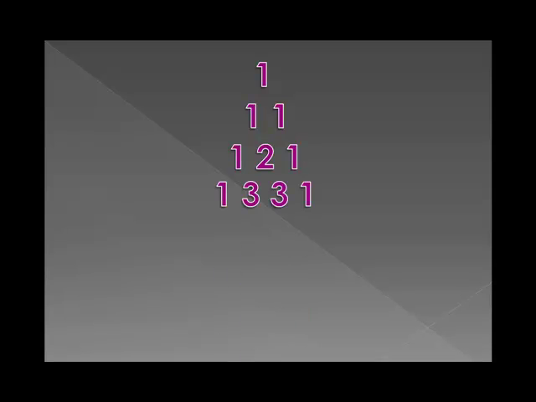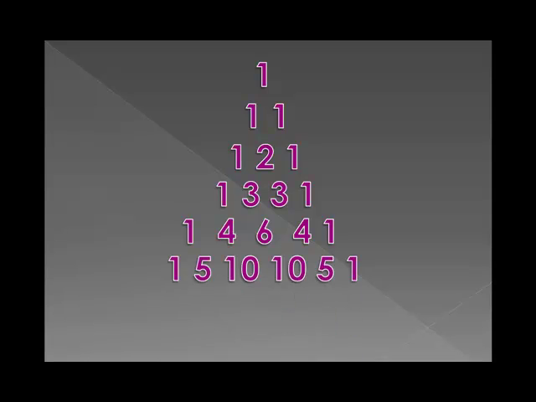Row 3 would be 0 plus 1 gives us 1, 1 plus 2 gives us 3, 2 plus 1 gives us 3, and 1 plus 0 gives us 1. If we continue this, we would get 1, 4, 6, 4, and 1 in row 4, 1, 5, 10, 10, 5, and 1 in row 5, and 1, 6, 15, 20, 15, 6, and 1 in row 6. The way Pascal's triangle is constructed allows many patterns to arise within. During this presentation, we will investigate a few of